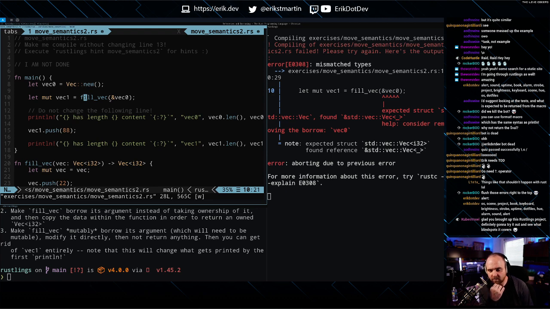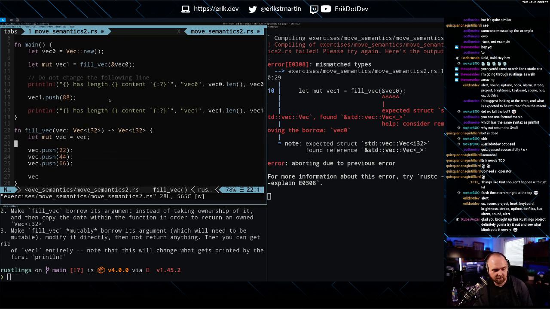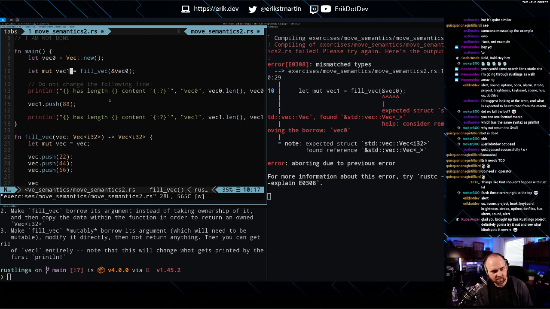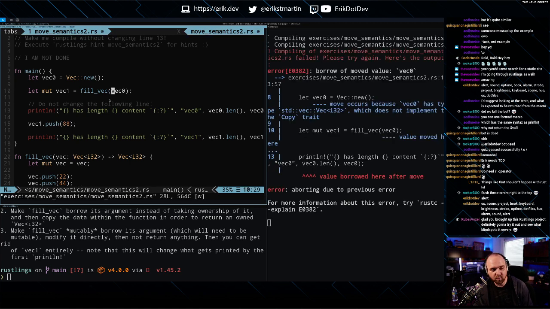Expected struct Vec, found... Oh, okay. So that's because fill_vec is getting a copy of the vector and I'm returning it. And because we've passed vec0 in here, we have moved it.